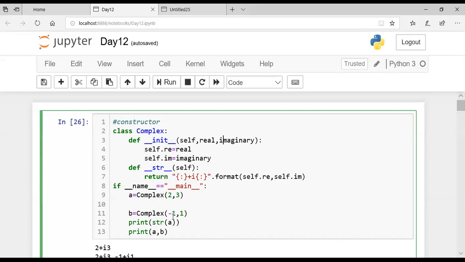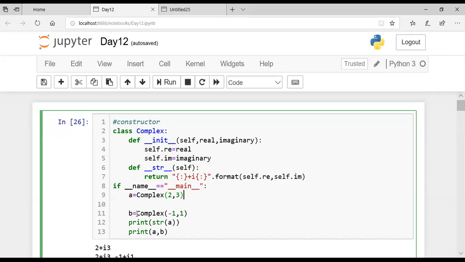So by default these two values, 2 and 3, will directly jump over here and call this function. The init function will automatically run when the object is created. So object A is created over here, and it will assign the values to self.re and self.im. So here 2 and 3 are assigned.